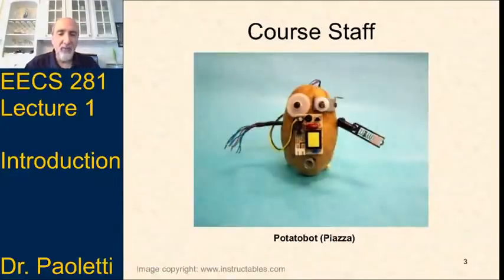The other staff member you might have seen already, PotatoBot, is an artificial intelligence. It's not great yet. What it does is monitor Piazza for posts that have already been answered. So the potato is of limited intelligence. You may see suggestions like, hey, it looks like this has already been answered. Why don't you check out @200 and @300? And you'll read @200 and be like, oh, wow, that was spot on. That was exactly what I needed. Let's check @300. Oh, that's not related at all. So the potato does have limited